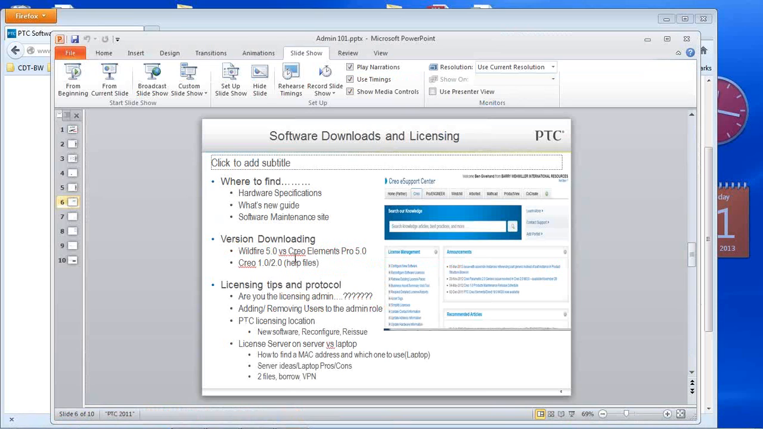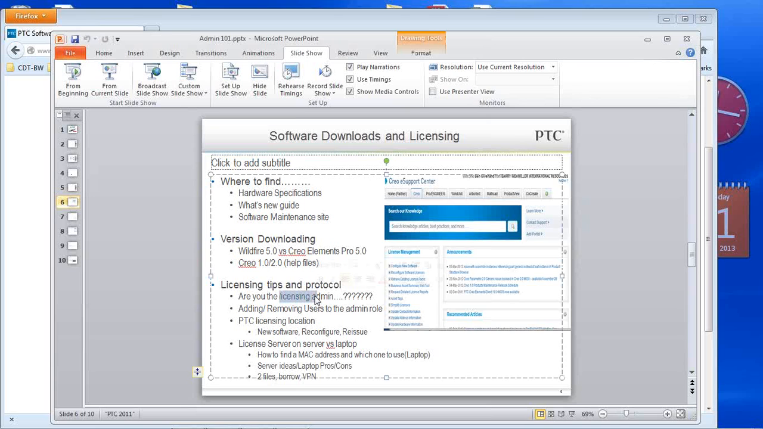Versioning, essentially downloads in general, and then also licensing. One of the key things that I find is that if I walk into a customer and they've had Pro-E for a long time, and they had an admin, and now they have a new admin, they want to do all this stuff, but they are not the licensing admin, which you see right here, or they are not an admin of their company